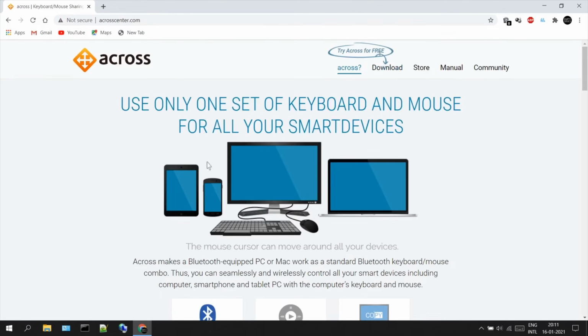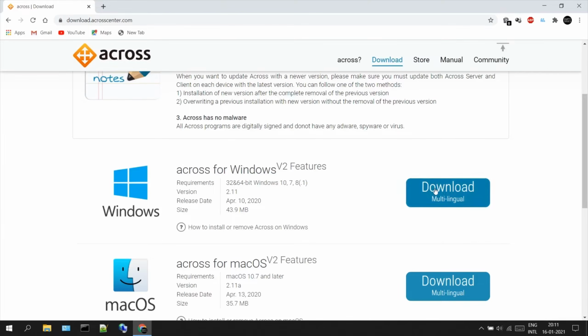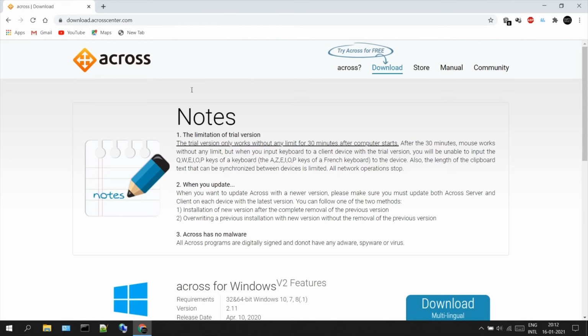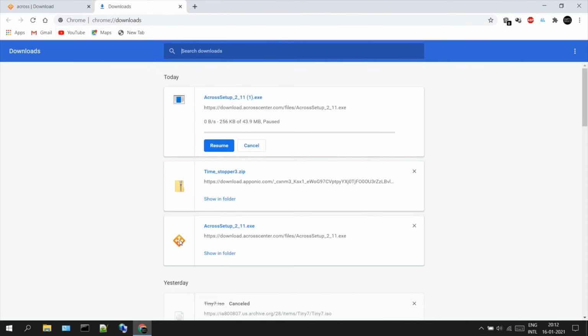So from here, download this application. As we are using Windows platform, download the Windows version. I have already downloaded it, so I am pausing it. Install the downloaded file.